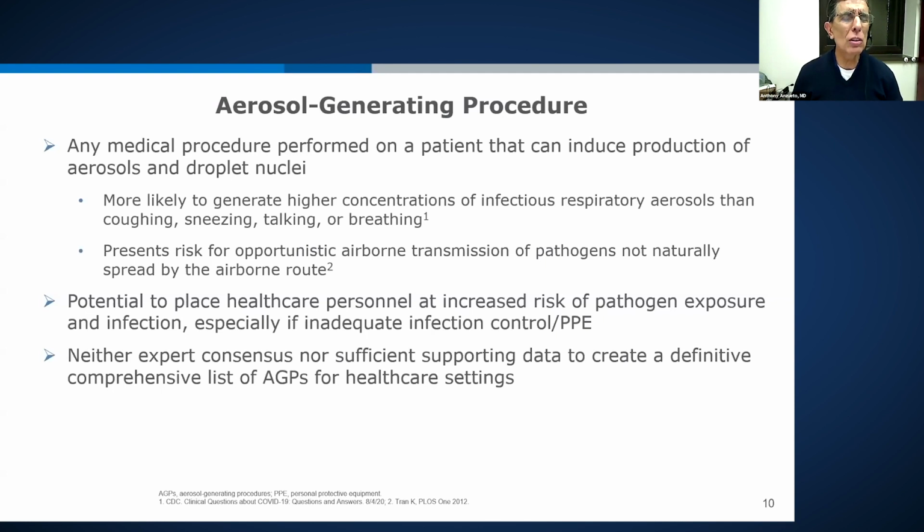And I'm going to show you some, I think, very important data to emphasize the importance of PPE, of protection for the healthcare personnel. I'm going to show you some data from the CDC on the first outbreak in Washington State, where we didn't know what was going on. We didn't know much about the COVID-19 coronavirus and transmission. And unfortunately, the staff that worked with those patients did not take all the appropriate precautions as we do